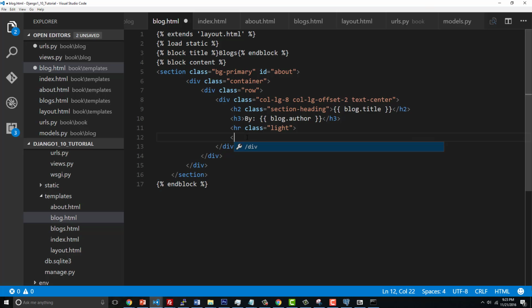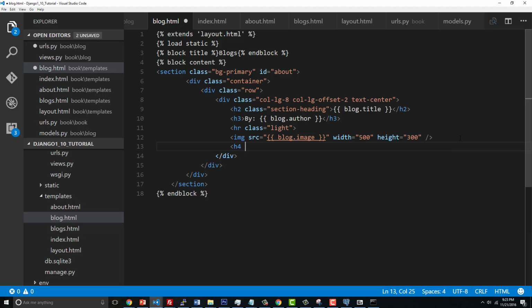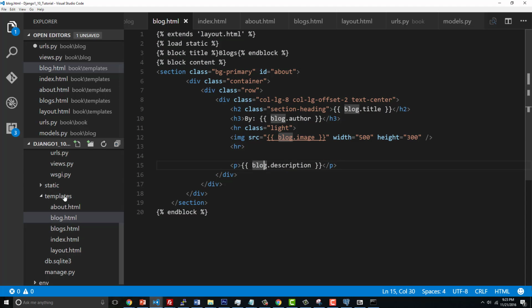Alright, and now I can even say image source equals blog.image, and we'll give it a width of like 500, height equals 300. And I'm going to do another HR here, and then we'll have our blog inside of a p tag. We'll just put our blog.description. Alright, so now we have this template for blog, and it's going to end up getting passed in values, and